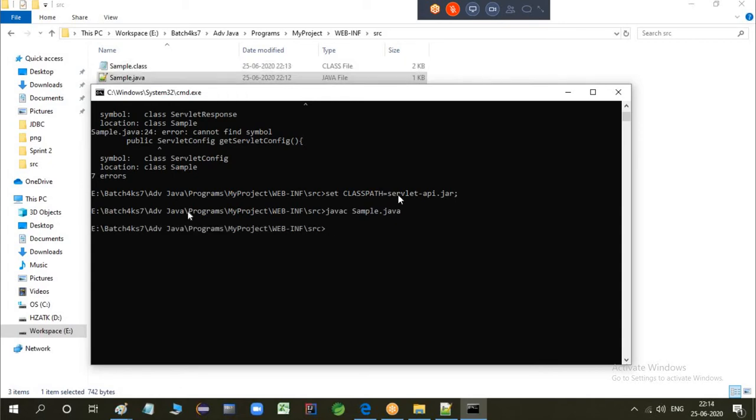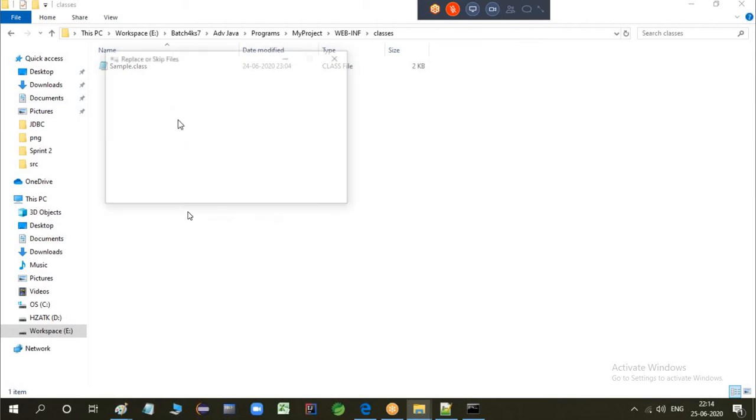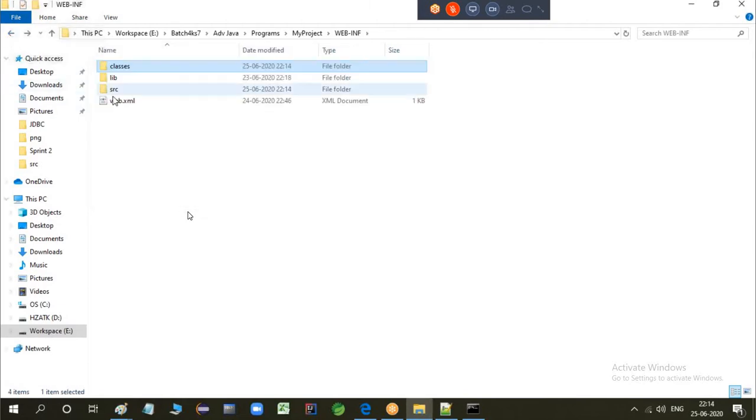Because of spaces, it was not taking it. I have the servlet API in my same folder, and it's taking it now. So my program is compiled and I got the .class file. Take the .class file and put it inside the classes folder, because by default it will search inside the classes folder.